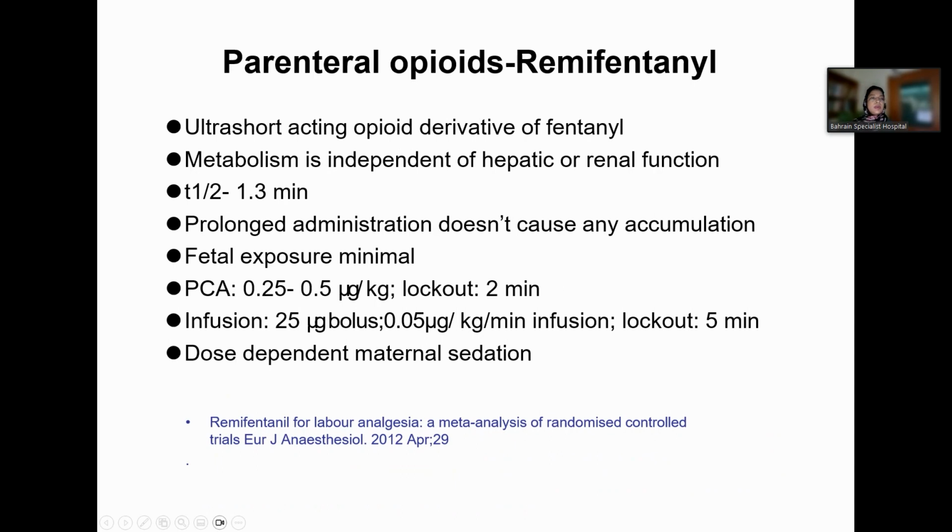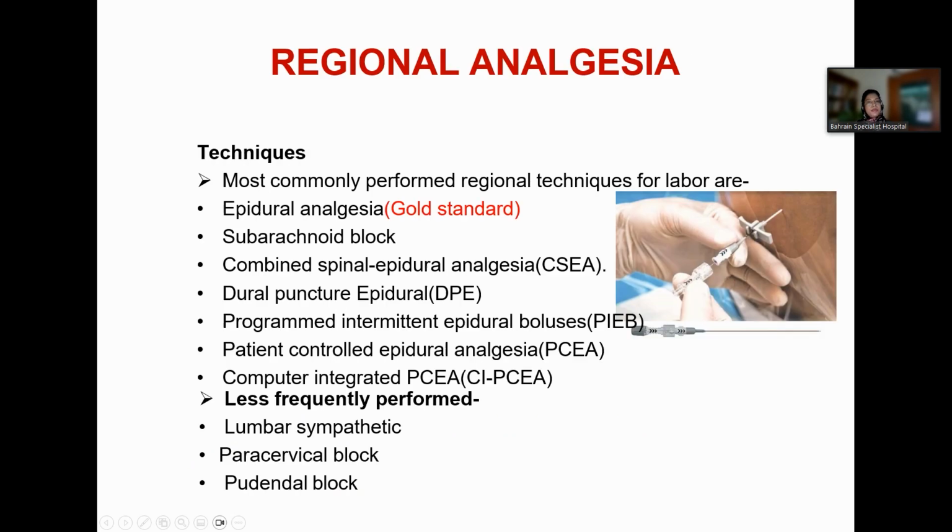The newest addition is remifentanil, ultra short acting. Its metabolism is independent of hepatic or renal function. So some patients with hepatic or renal disease who are pregnant and cannot have epidural analgesia can be tried with intravenous remifentanil, which is ultra short acting. But it needs meticulous monitoring from the anesthesia point of view, and it has dose-dependent maternal sedation. Coming to regional analgesia, which is the most commonly performed regional technique for labor, epidural analgesia is the gold